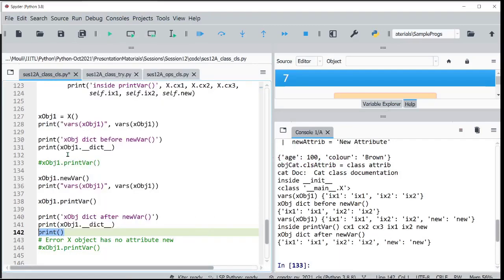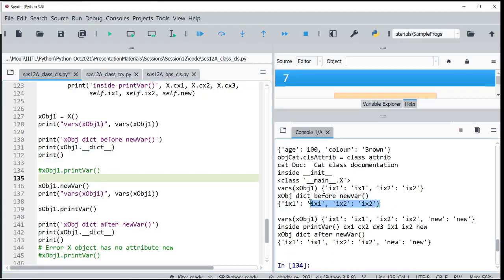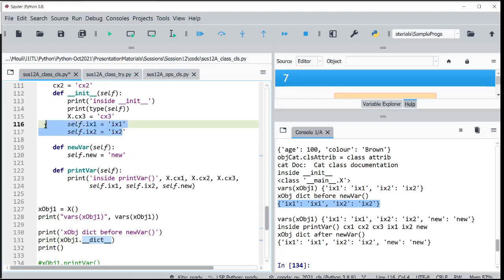Now let us look at this. See, all the attributes are put in a dictionary, and like the doc variable, this dictionary variable points to the object attributes. So xobj1 dictionary gives you all that, ix1 and ix2, which have been created inside the init.